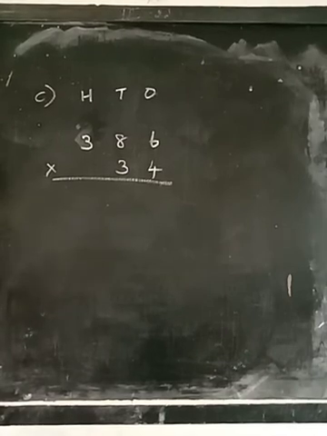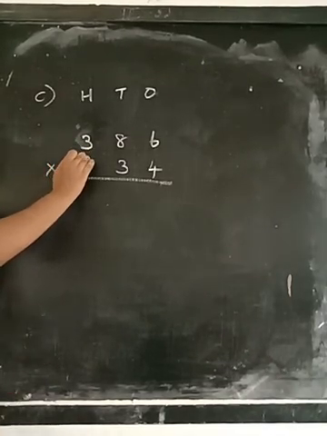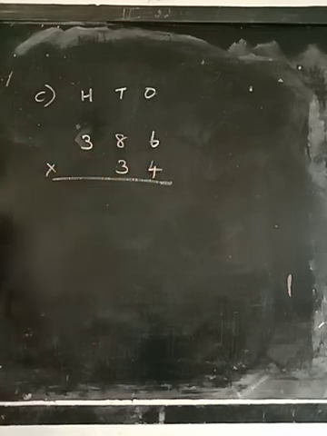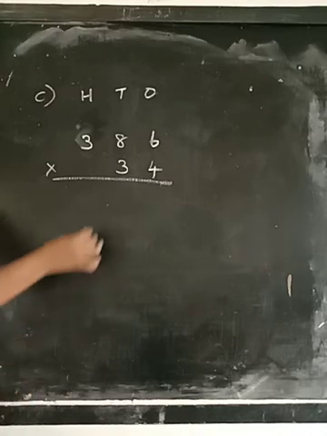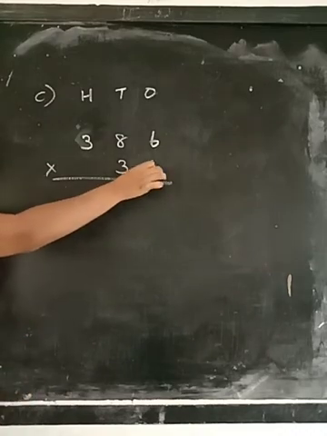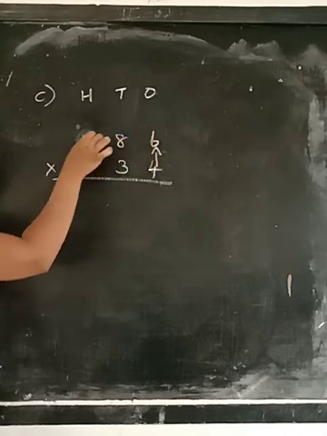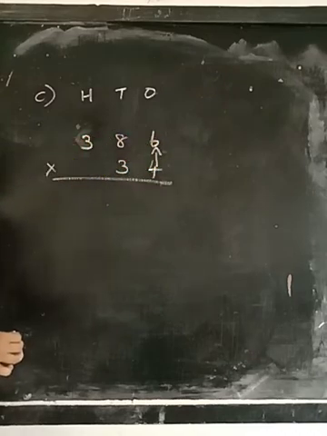So we will see one more sum in multiplication. So the same thing. Here 3 digits have been given: 386. You have to multiply by 34. So first what we have to do? We have to take the ones place number, isn't it? So the ones place number should be multiplied with all the numbers first.